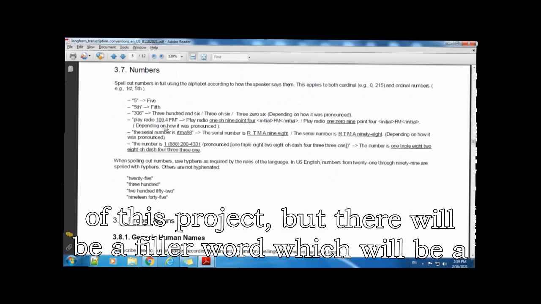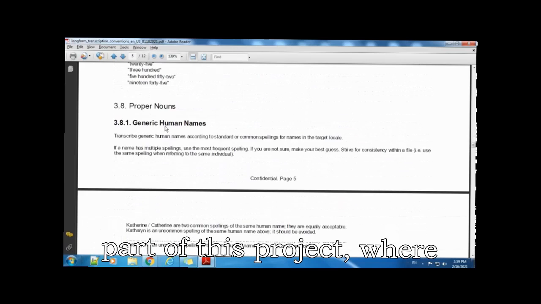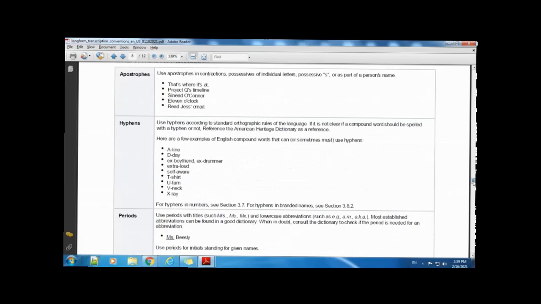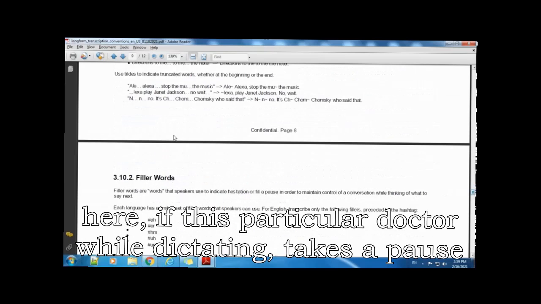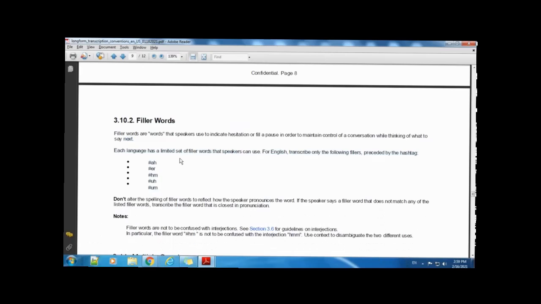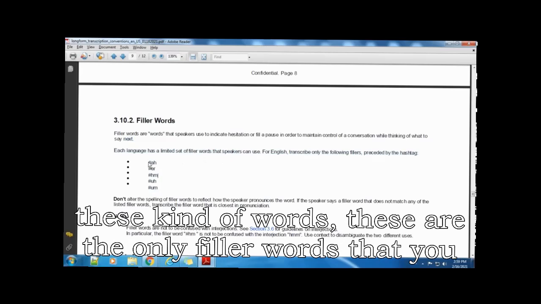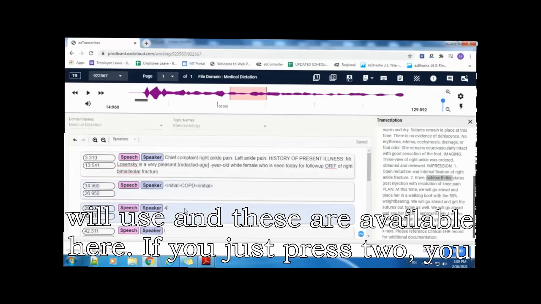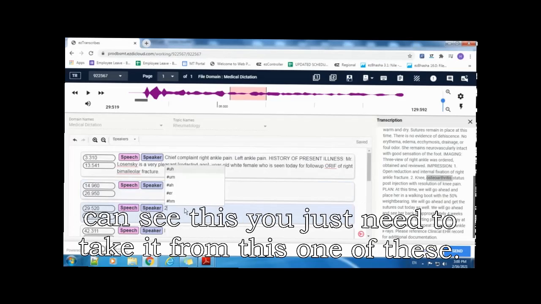But there will be a filler word which will be a part of this project, where if this particular doctor while dictating takes a pause, or while thinking, these kind of words, these are the only filler words that you will use, and these are available here. If you just press 2, you can see this. You just need to take it from one of these.